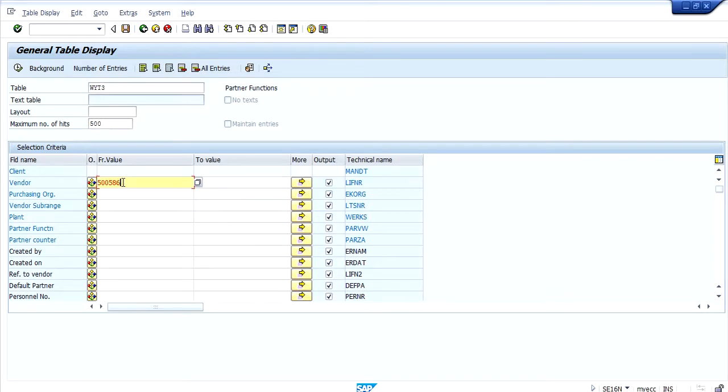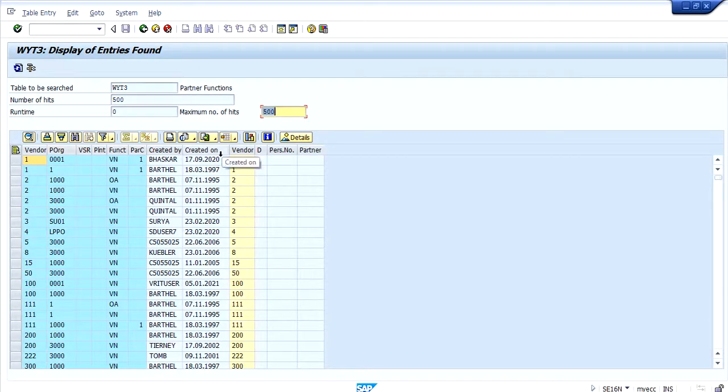So if we want to see what are all the different partner functions, then one can see it here. For example, here for vendor, the different partner functions are VN.